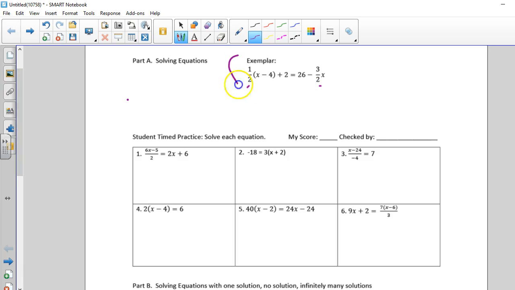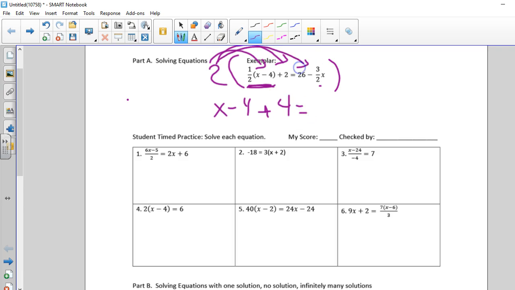Notice how the denominators are both 2. Multiply everything in the equation by 2. So 2 times this first term includes all of this, 1/2 times x minus 4. Since 2 and 1/2 are reciprocals, that just leaves x minus 4 plus 2 times 2 equals 2 times 26,